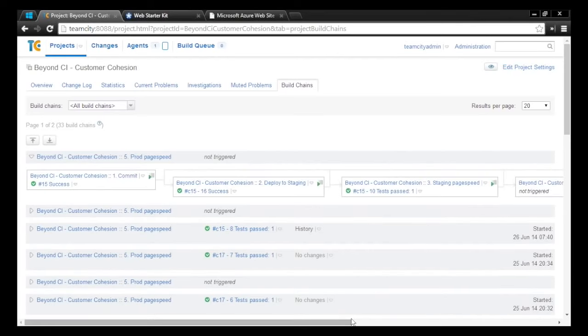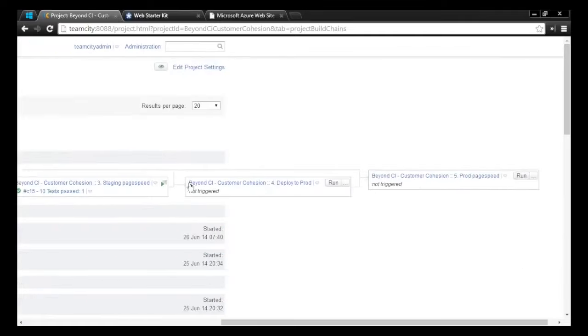And my naming's really long here, so you can see. Here's that same build chain view we had before. 1, 2, and 3 have passed, and you can see in this build chain view that 4 and 5 have not been triggered yet. So I can actually trigger things from this nice graphical representation of what's going on as well. So I can run this,